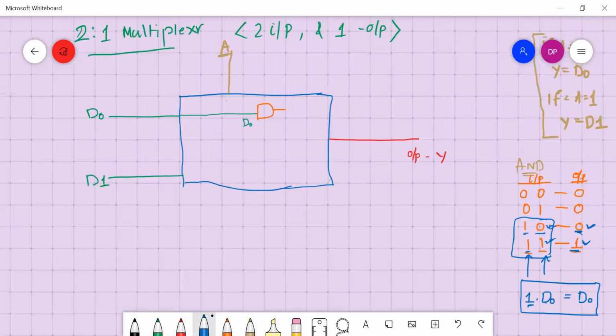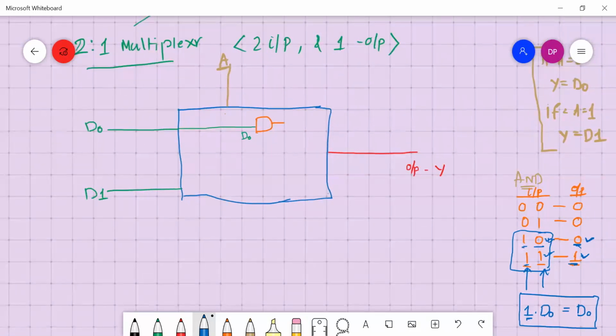So in this figure, if Y should be D0, this AND gate output should also be D0 at least. So how to get it? One input is D0, what should be the other input? It should be 1.